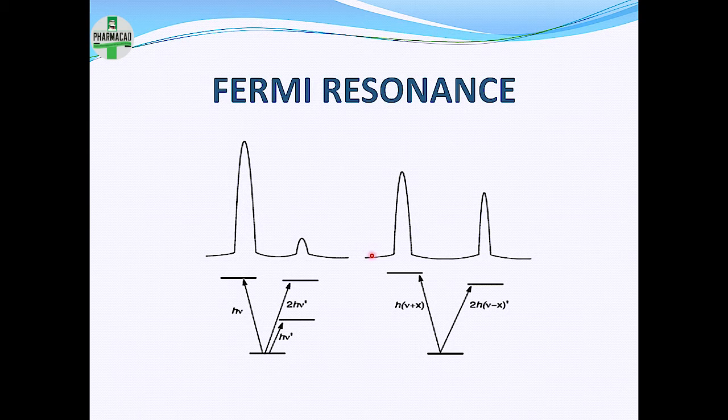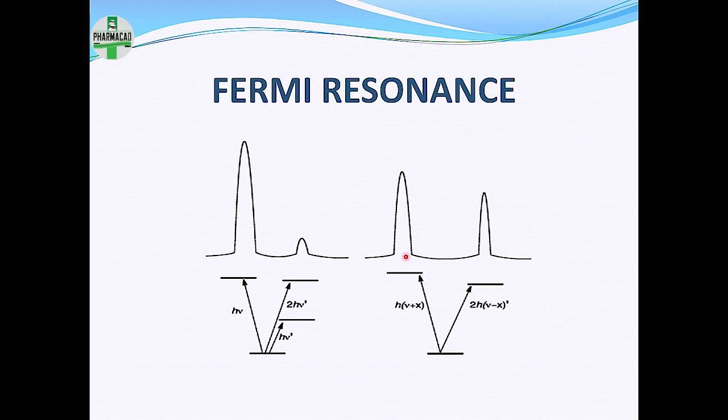So basically, when one overtone and one fundamental band have the same energy, the molecules transfer energy from the fundamental to the overtone and from the overtone back again to the fundamental. Because of this, the levels become partial, that is, the spectrum has partial fundamental or partial overtone bands. So one fundamental band is gaining a partial overtone band, and an overtone band is gaining a partial fundamental